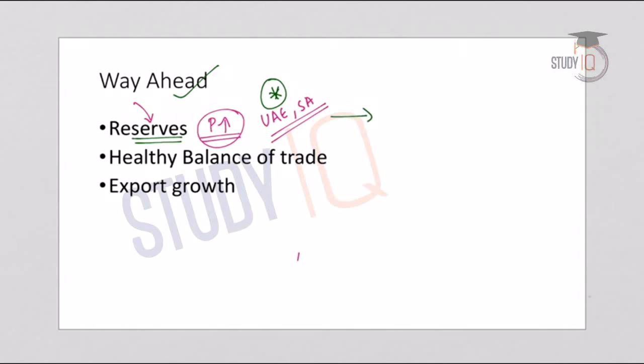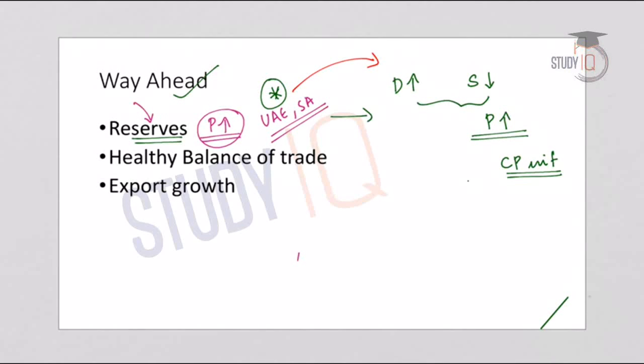When there is a reserve available, and when the demand is high and the supply is less, there is definitely a tendency for a price rise, which will lead to cost push inflation in the economy. At that time, the government can release the reserves and meet the increasing demand and the gap caused by the decrease in supply. This will not create a rise in prices and there will be macroeconomic stability. For example, there will not be excess rates of inflation, there will not be widening of the fiscal deficit, etc. So this is the advantage of reserves.